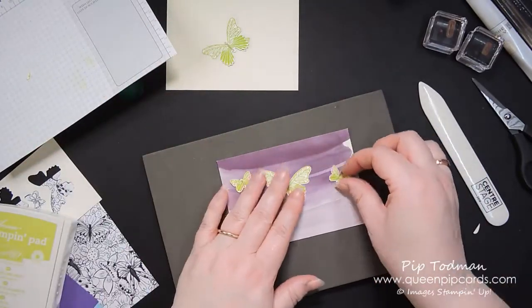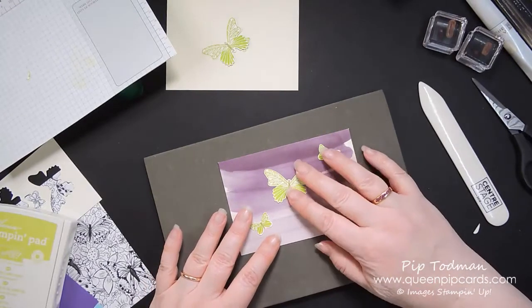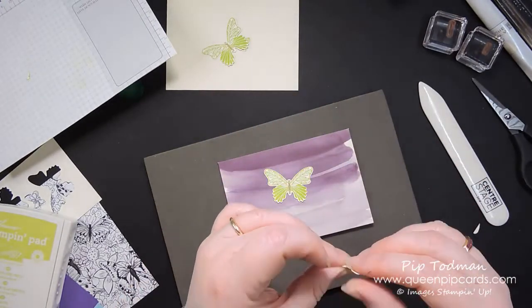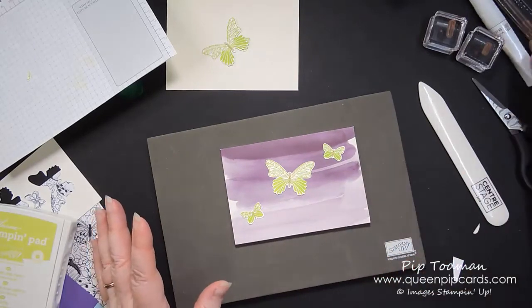You never know, you see, until you try, but that's the joy, because I can use those again for something else. So I'm going to do this here and here, like so. It's got a bit kinky on it. And then I'm going to go with